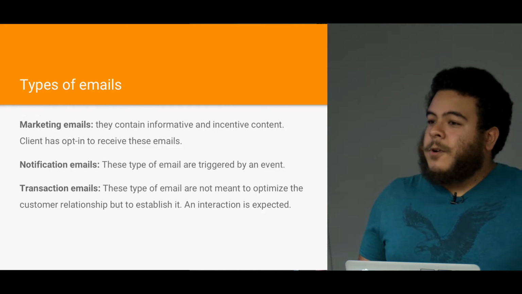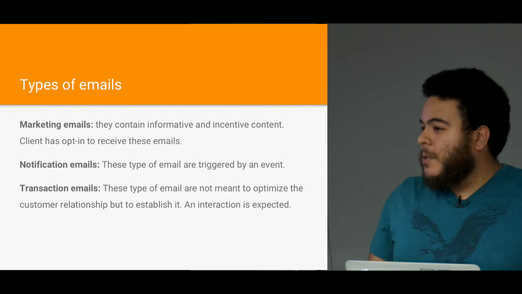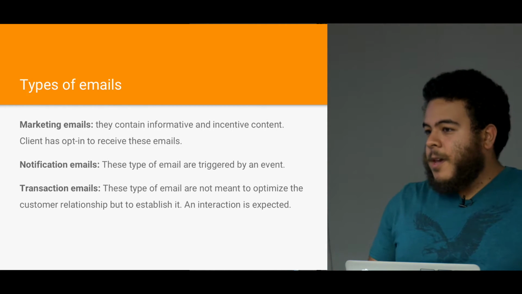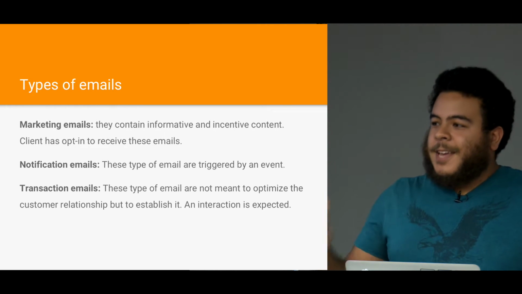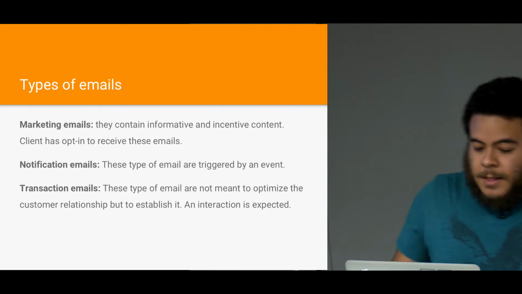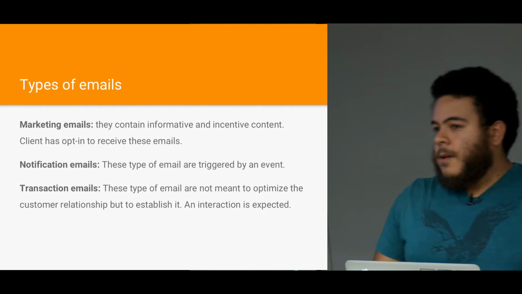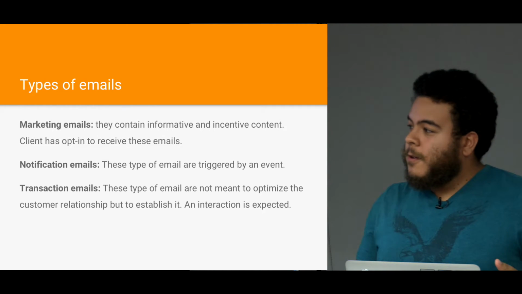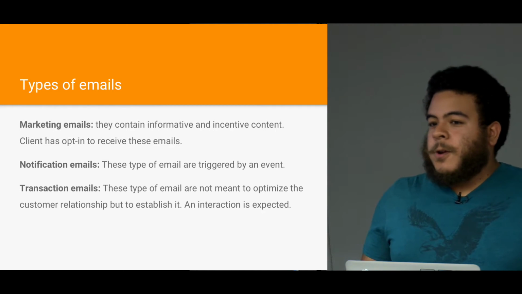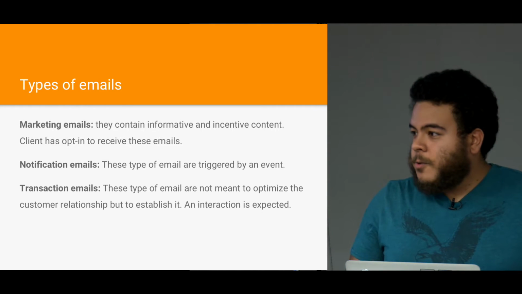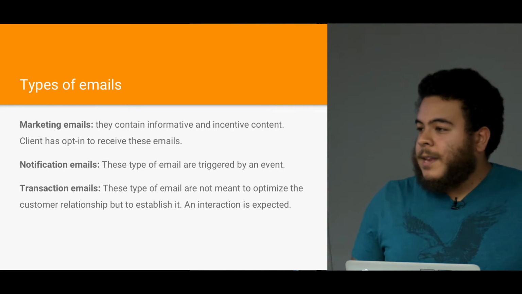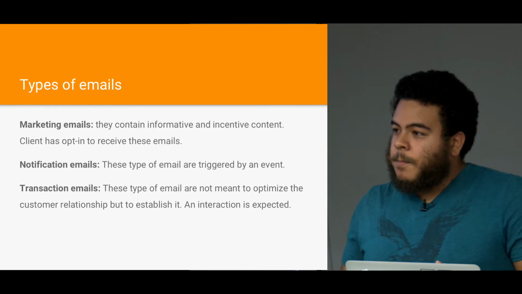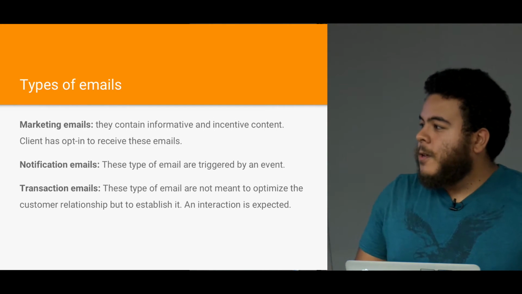The other type of email is notification emails. You can get these from Twitter or from Facebook. The key here is that they're triggered by an event. Your birthday, a new follower, a new like, okay? And there's the transaction emails. When you send these emails, you expect an action from your viewer. So it's either to confirm a subscription or to validate an email. The user doesn't have to opt in on these because you need them to complete an action to actually